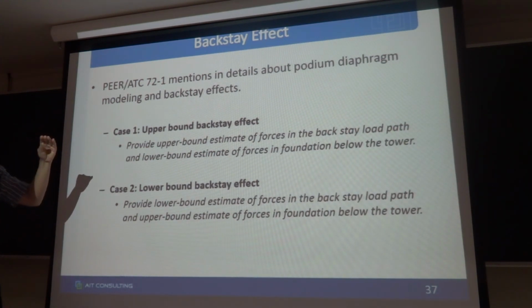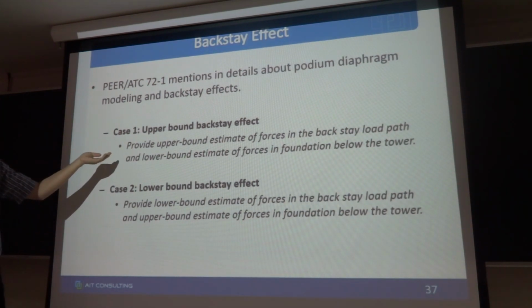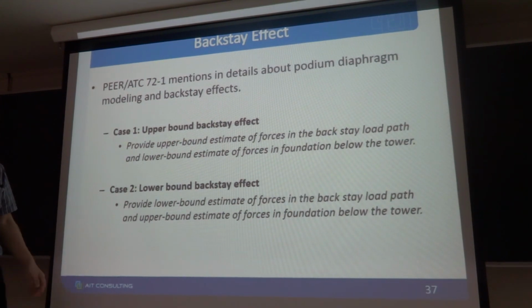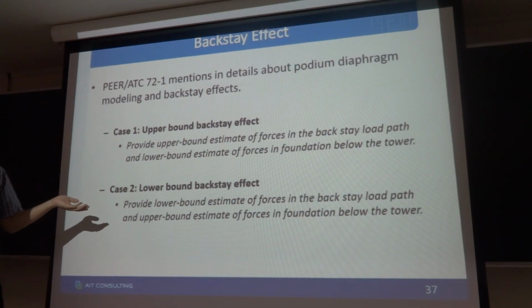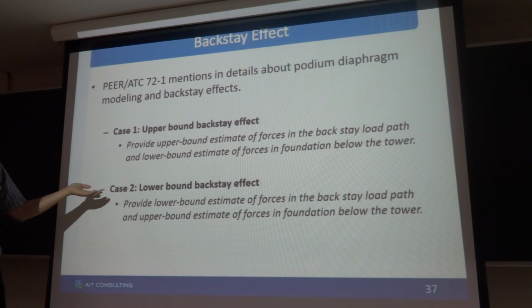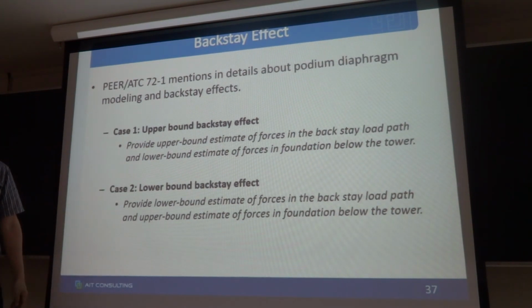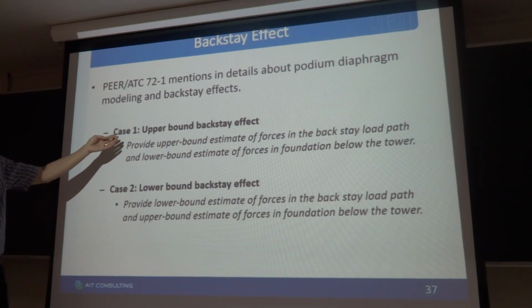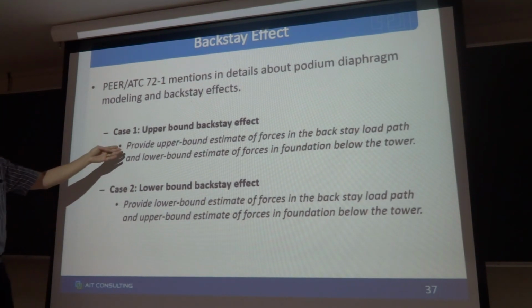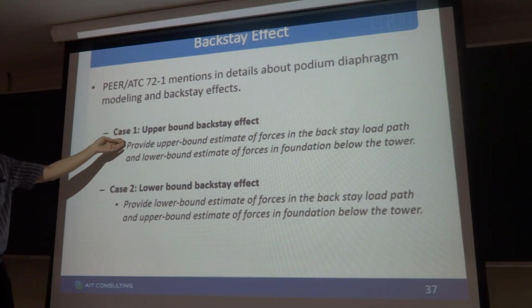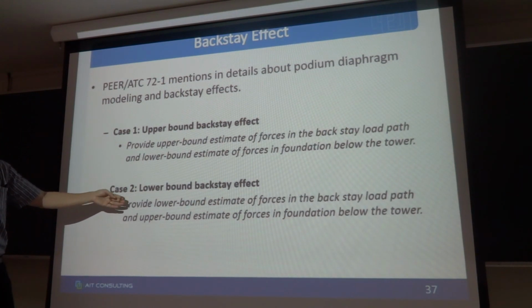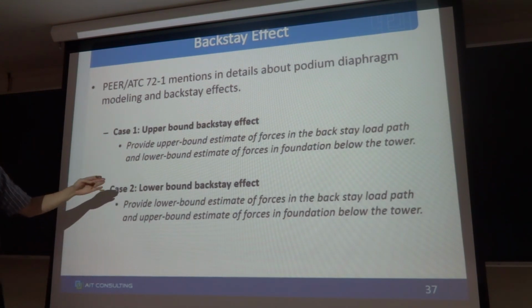If you use the larger stiffness, the in-plane forces in the diaphragm will be increased, and you design the diaphragm for those forces. But foundation forces will be reduced. So to get conservative results for the foundation, we use the lower bound backstay effect. For example, if you use 0.5 Ig for upper bound, for lower bound we use 0.2 Ig for the